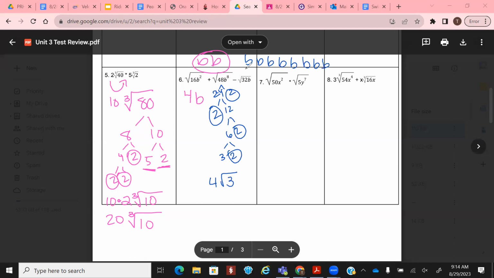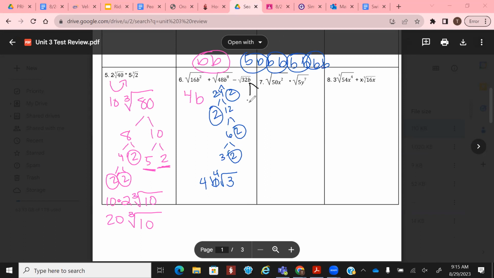Okay, how many groups are we going to have? 4. So there should be 4 b to the 4th, 4 b to the 4th, cube root of 3. And then this last one, because we still have to break down this last part. This is going to give me